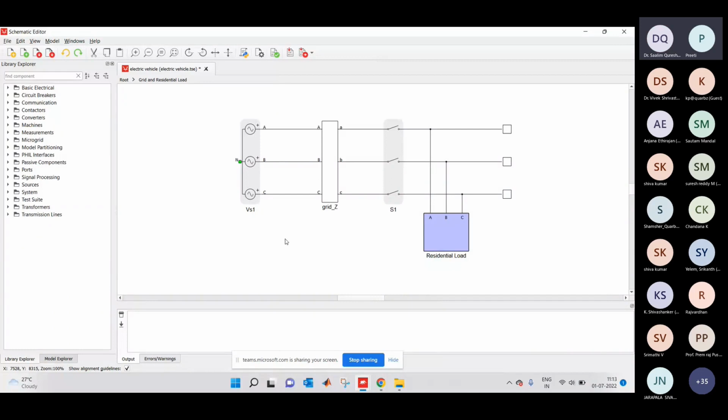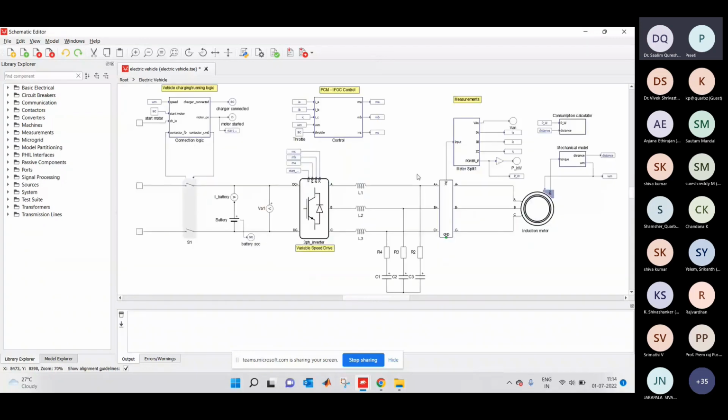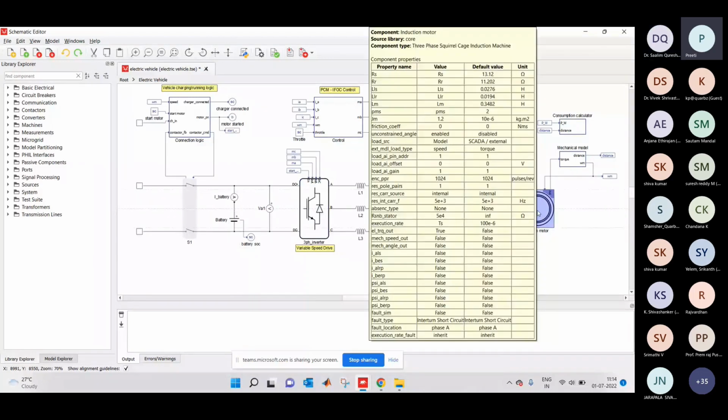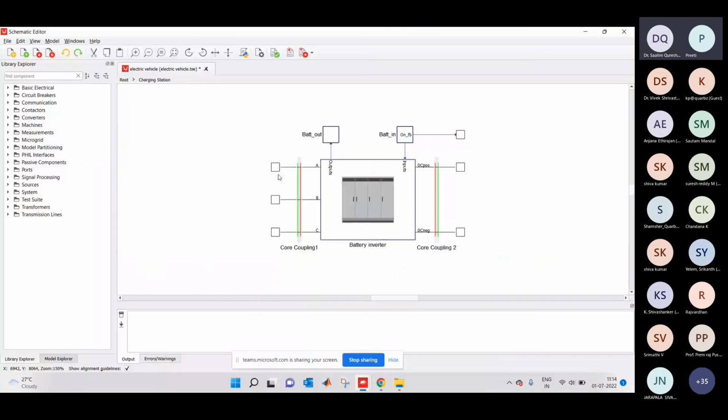Now, if I go into more detail, as I told you, it has three main components. If I talk about the EV, the electric vehicle, it consists of a lithium-ion battery, a three-phase inverter with an LC filter, and an induction motor as well. And in the case of the charging station, we have the battery inverter